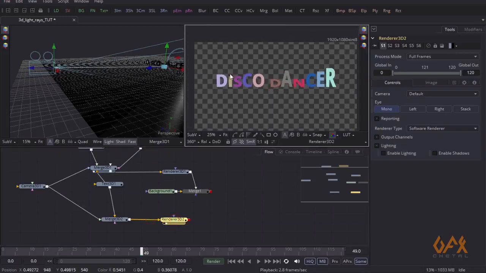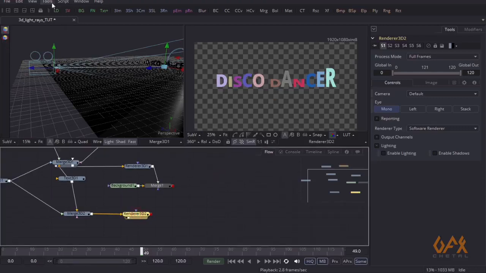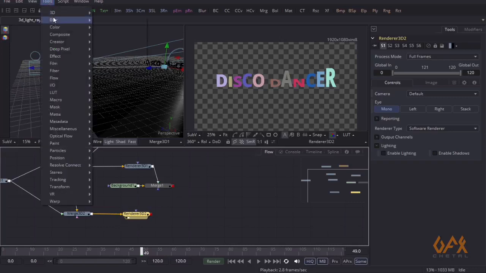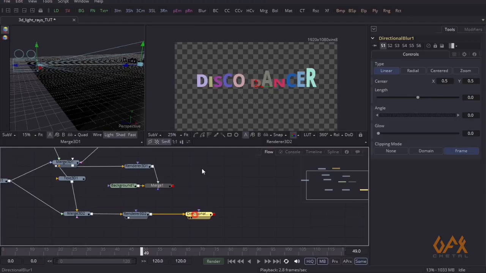So you see we got this color output. Now for rays I go to Tools, Blur and Directional Blur, and I apply these things over here,